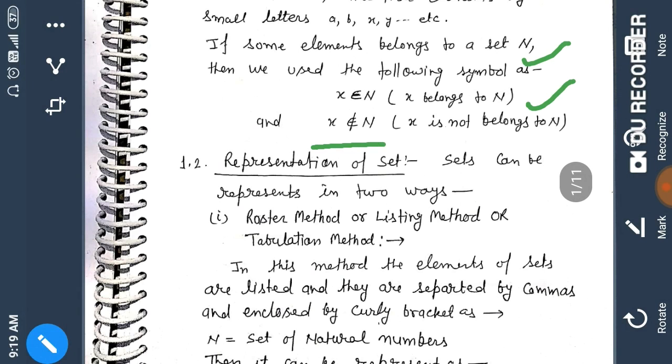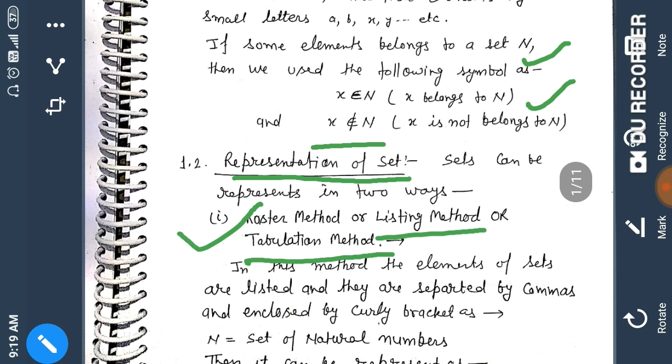Now we come to the next definition: representation of sets. Sets can be represented in two ways. The first form is the roster form. It is also known as the listing method or tabulation method. In this method, the elements of the set are listed